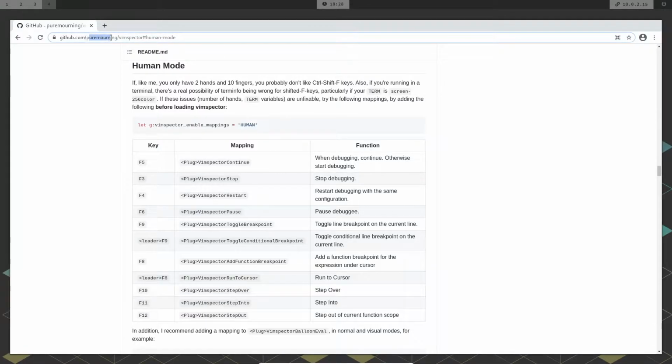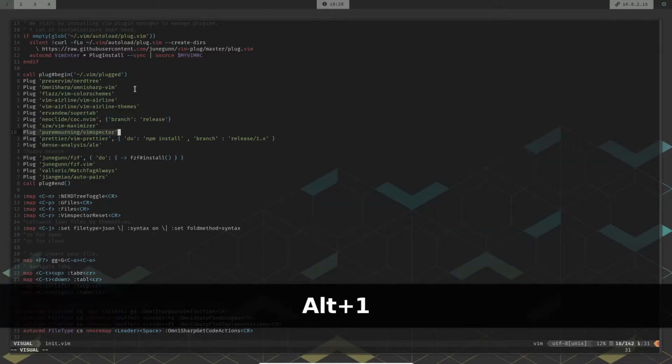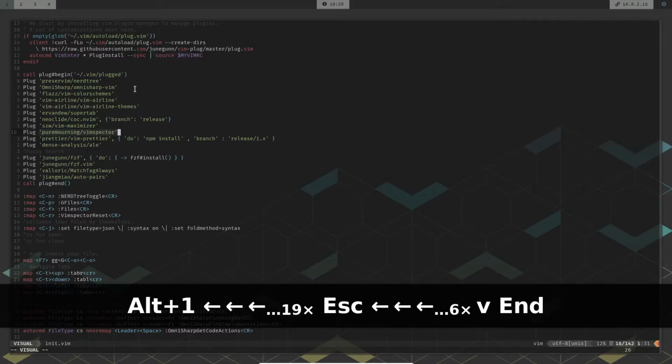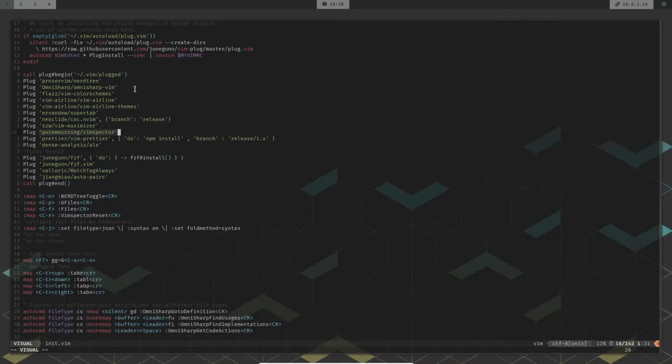From our understanding of how plugins work in Vim, you give the GitHub repository URL without the github.com, just the directory part of the URL, after the plug command, and the plugin manager should be able to fetch the Vimspector plugin and install it in your NVim environment. So that's basically what we've done here.